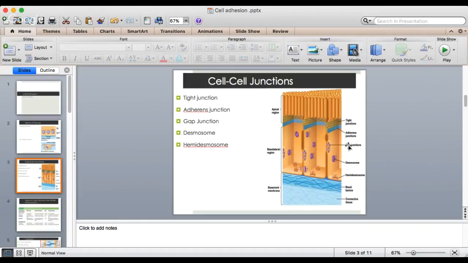Next, we have another type of adhesive junction, which is the desmosomes. It acts as a small disc or a spot weld to adhere two cells together and connect to intermediate filaments such as keratins. And lastly, we have the